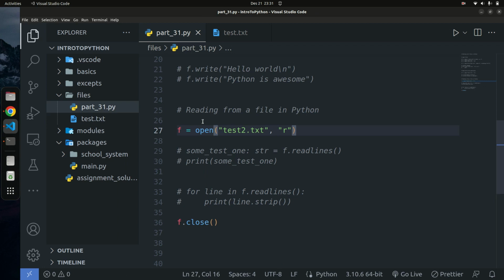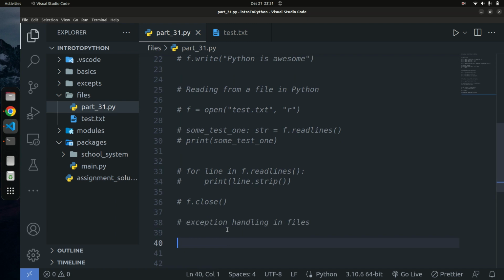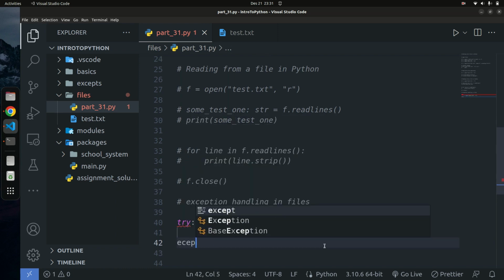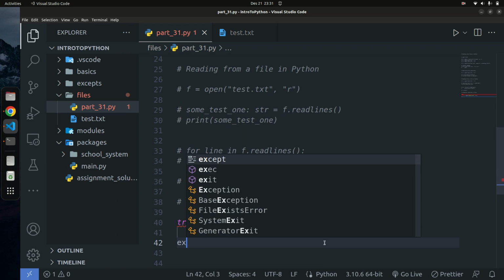So let me go back in here. I'm going to copy this, and then comment out this part of the code. I'm going to add a comment, exception handling in files. Then I'm going to have a try block, and in the try block I'm going to try to read a file that does not exist. So I'm going to make this 3 or 2, whatever. I'm going to accept the exception